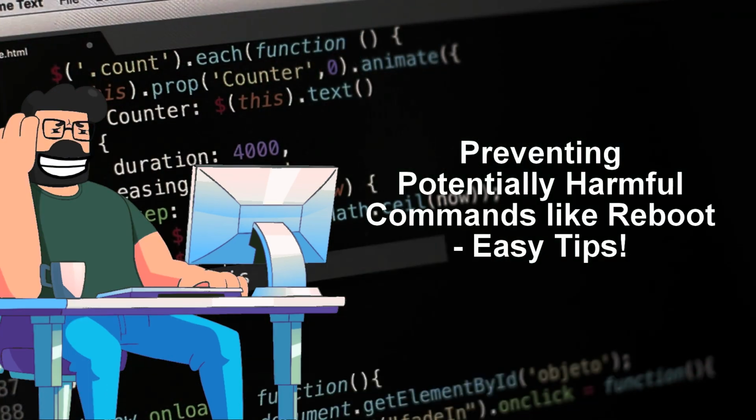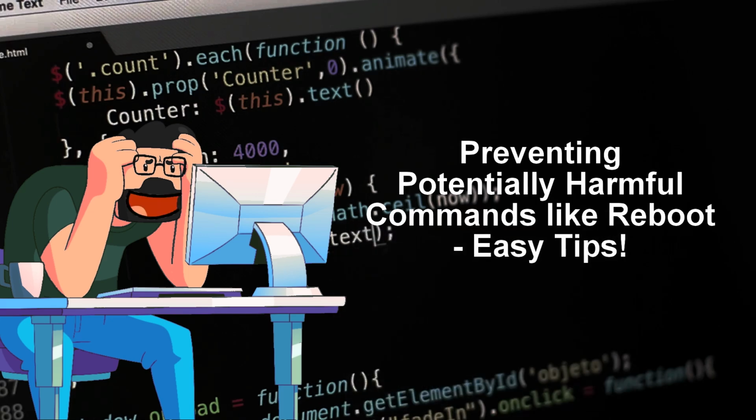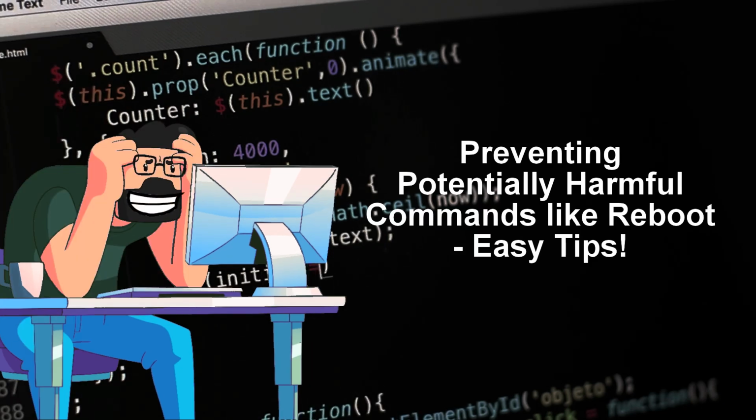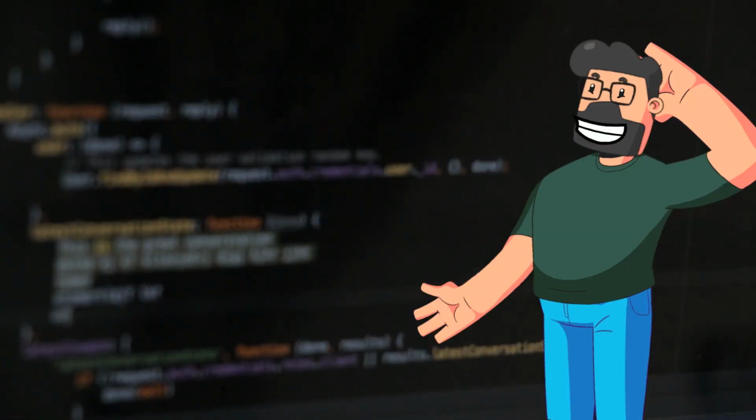The key here is to create a new reboot command in the /usr/local/bin directory, ensuring that it takes precedence in your system's path variable. By doing this, you'll effectively override the existing reboot command and prevent any accidental mishaps in the future. Problem solved. In summary, if you ever find yourself in a situation where a mistaken sudo reboot on